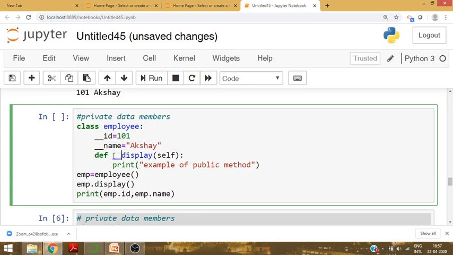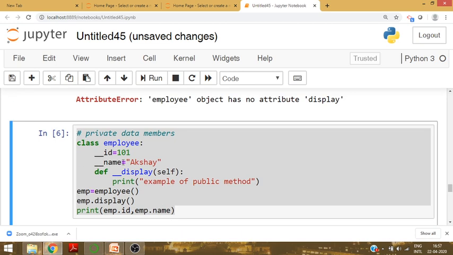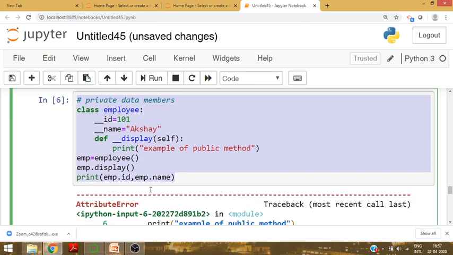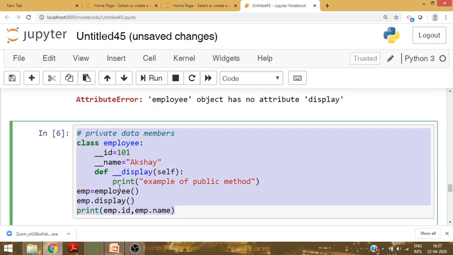You can write underscore underscore display. That means these data members id and name are private. This method is also private, and when you want to run this, it will show an error. Why? Because it says no attribute display. The error will come as these are private data members.